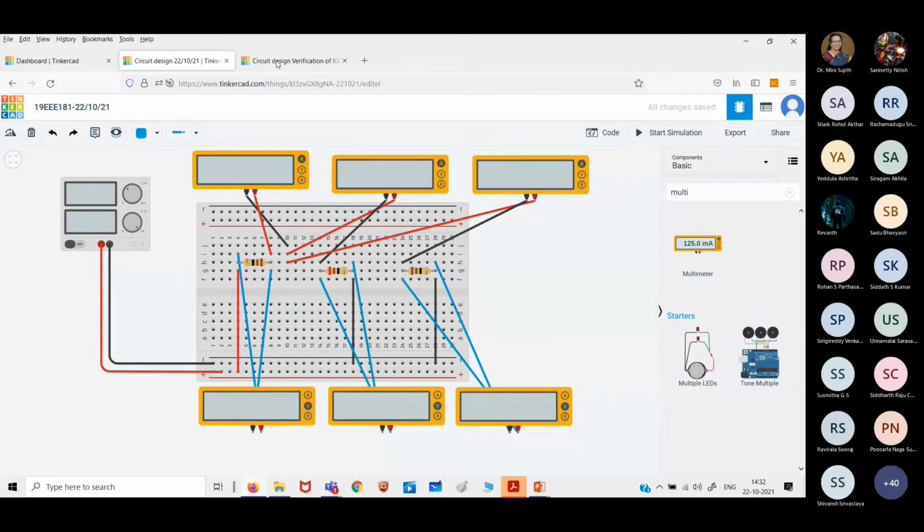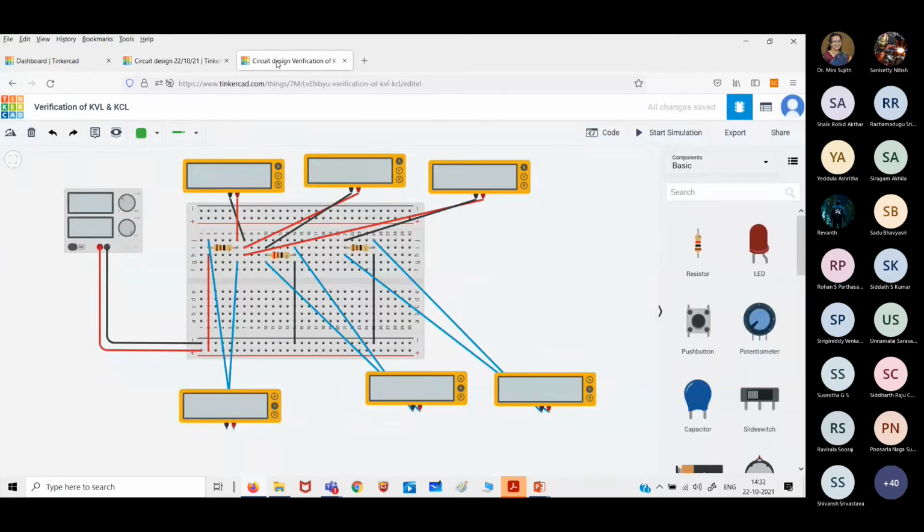Please complete the connection. Anyone having any doubt? You can please let me know. If you have done, you just click start simulation and check what are the readings. As of now, I don't think you would have done the theoretical calculations. So take down the practical readings, do the theoretical calculation and check it. In the meantime, for others, I'm explaining the connections once again. Let me repeat, don't be in a hurry to connect all the meters together. You can connect it one by one.